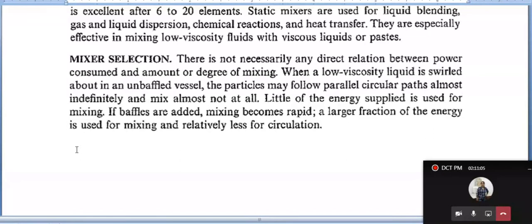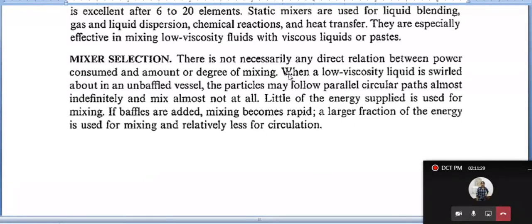Then what can you do? You can change the configuration, bring in a 2 HP motor, then the time will reduce, because 2 HP will be delivering more power to the liquid. So the flow currents will be different. Like that we are supposed to do experiments, and finally we should come to a conclusion. There is not necessarily any direct relationship between power consumed and the degree of mixing.